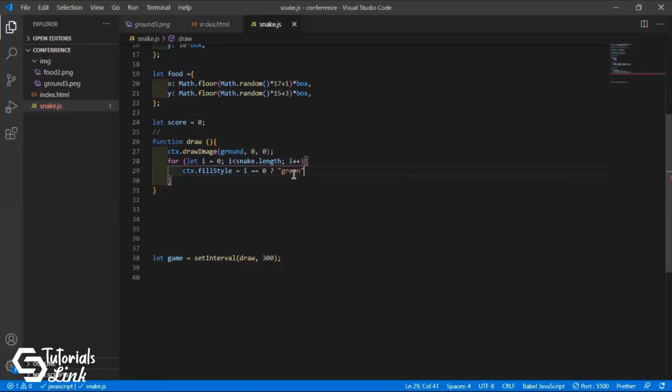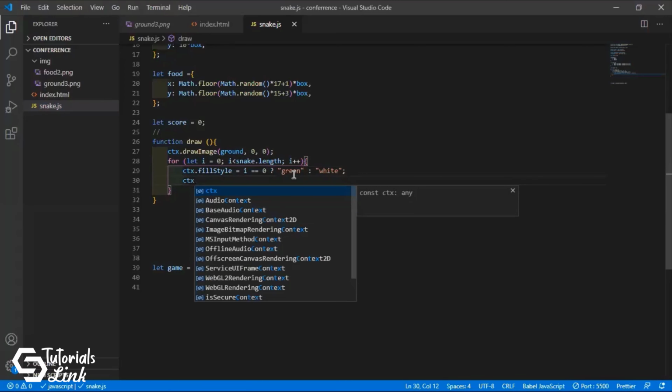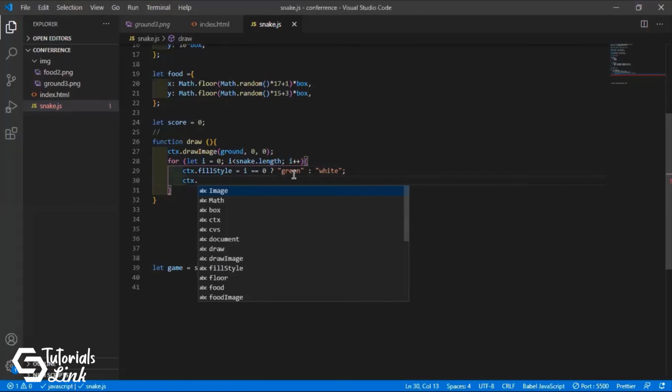And if i is not 0, then we will fill it with white. This is the conditional rendering, the ternary operator, which we will follow, and then we will fill it with ctx.fillRect.